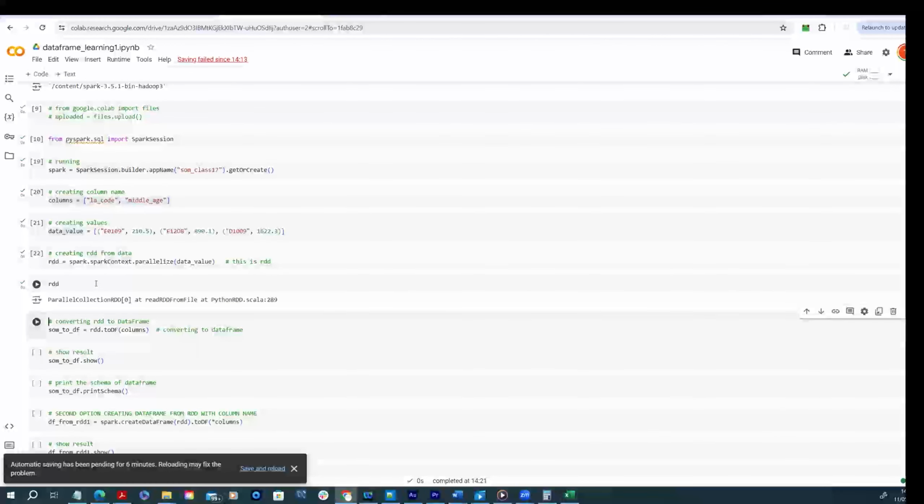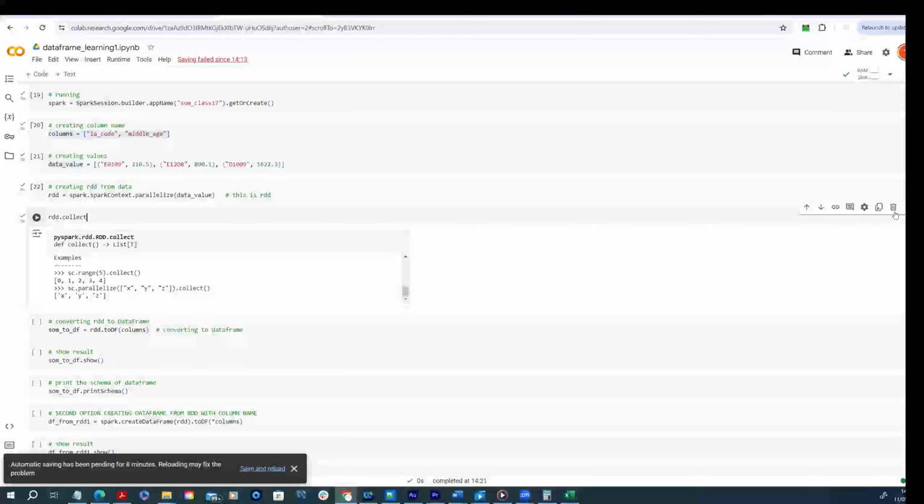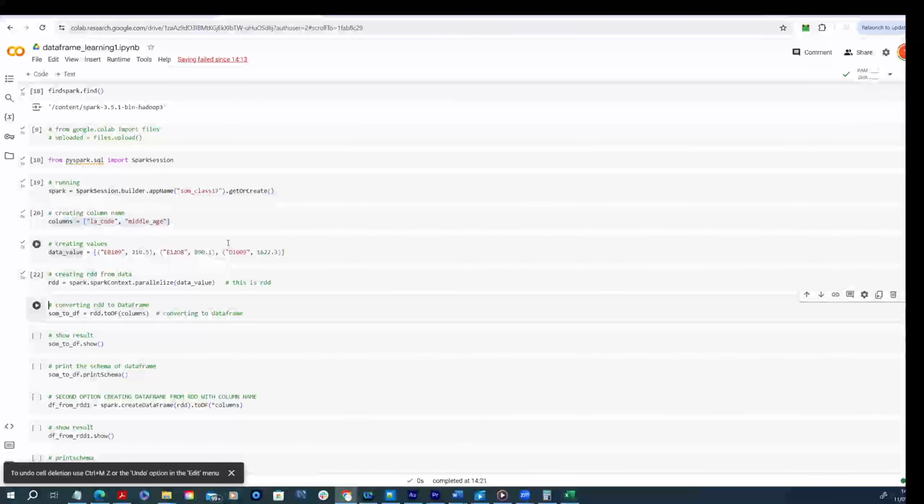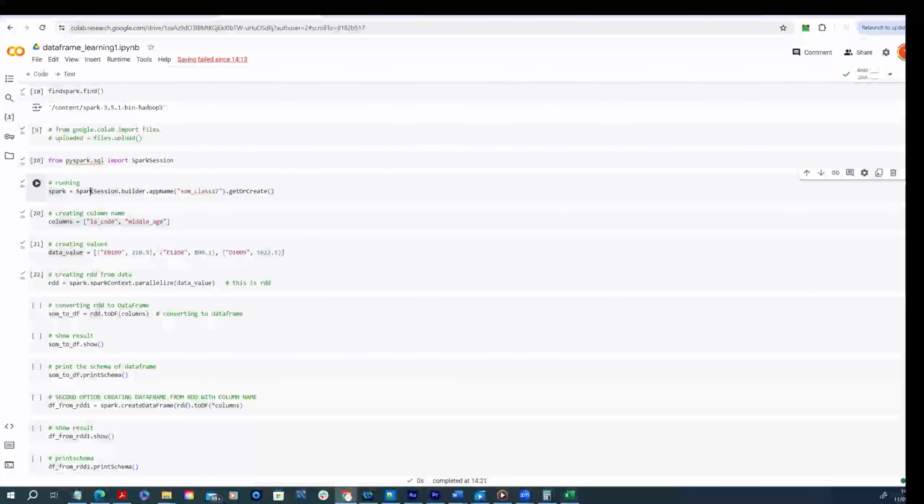See, so that's the RDD. Let me just connect. It's not showing the value. Okay. So RDD is from Spark also, but we're getting it from our Spark here. Spark equals SparkSession.builder.getOrCreate. Let me take you back to